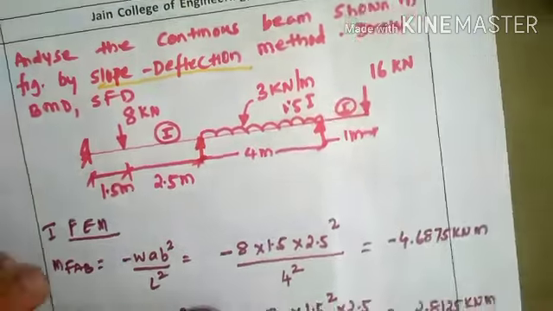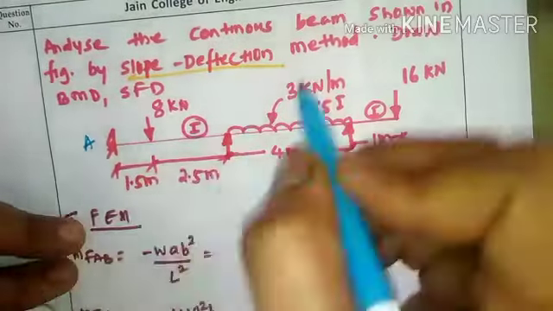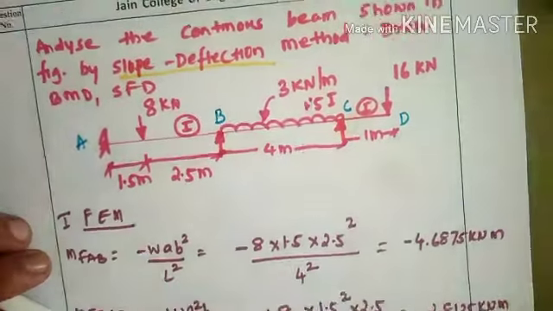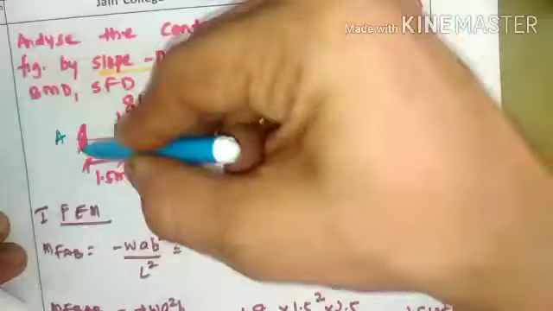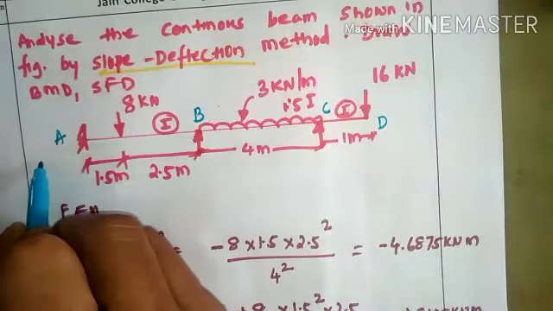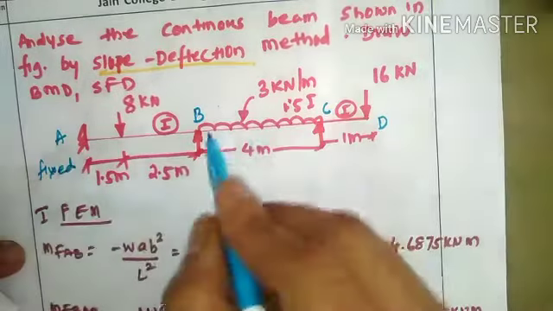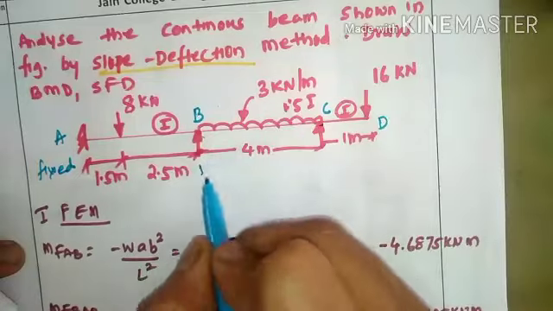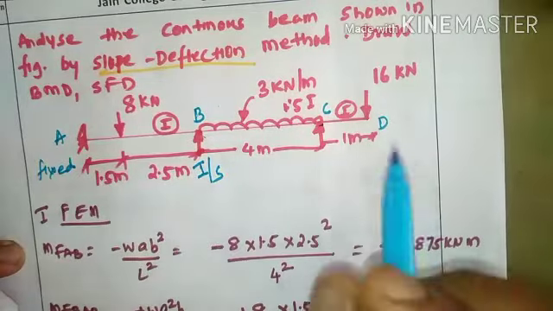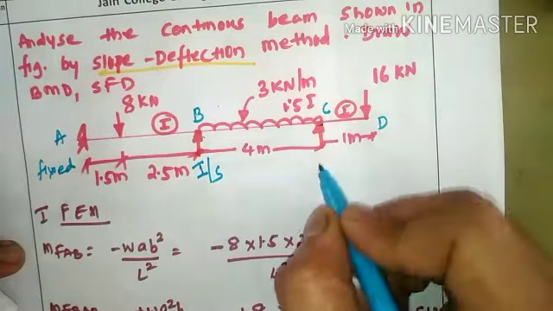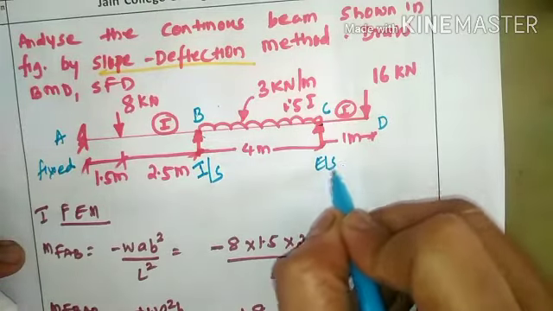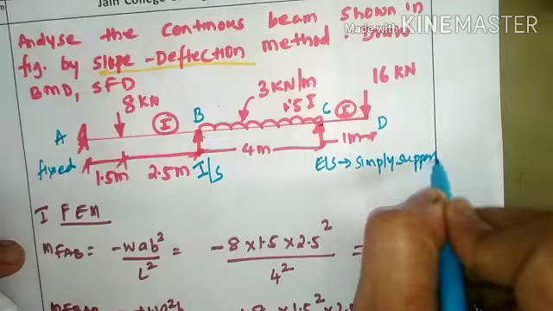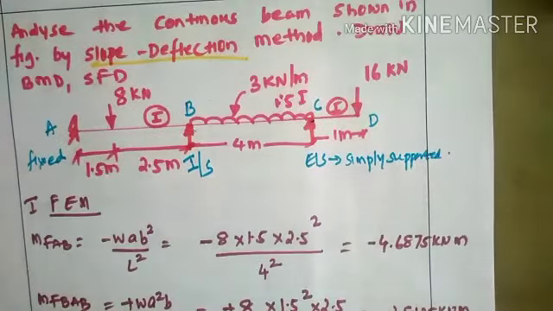Now in this problem, this is a continuous beam. This is one end, support A, this is support B, support C and support D. Now if you observe this particular structure, you have a support at A, and the type of support at A is fixed. Likewise, you also have a support at B, which is sandwiched in between A and C, and we classify it as an intermediate support. Likewise, C is an end support, so we call it an end support, and the type of end support is simply supported.